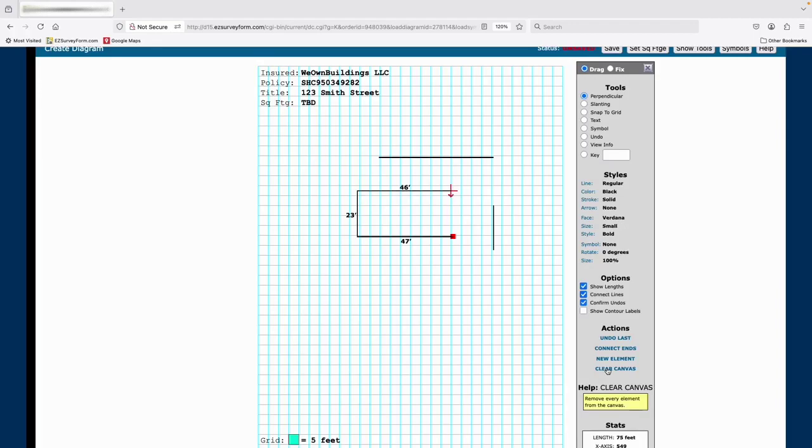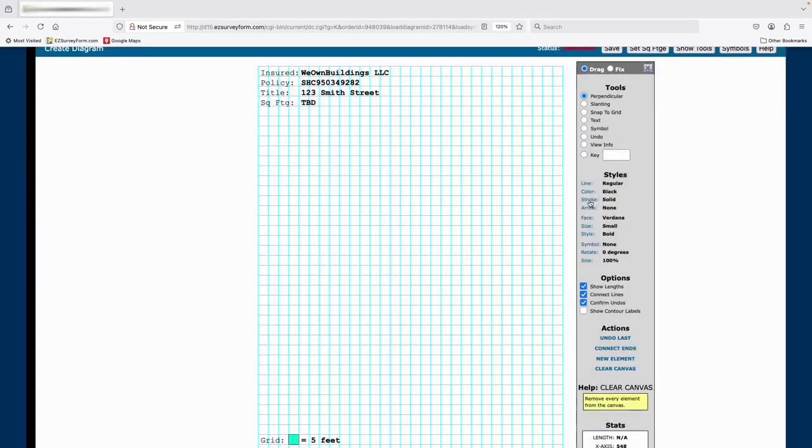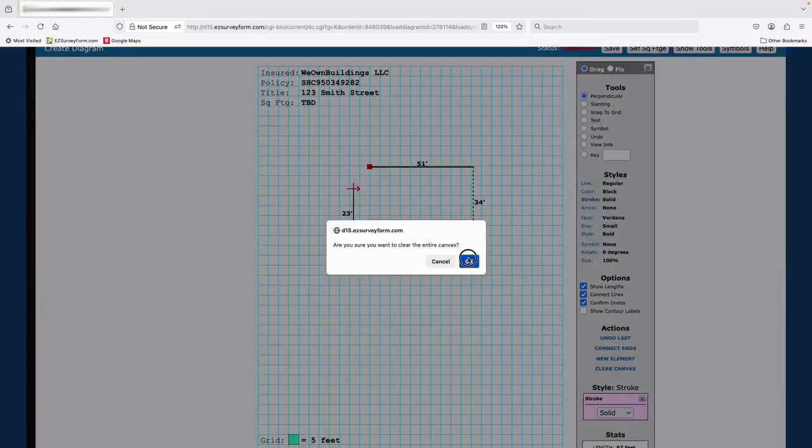Another useful tool in the Style section is the Stroke menu. This controls the stroke of the line and defaults to solid lines. This can be changed in the bottom drop-down menu to dotted, allowing dotted lines to be drawn as needed and interspersed with solid lines. A final useful tool is the Arrow menu, which allows arrows to be added to the